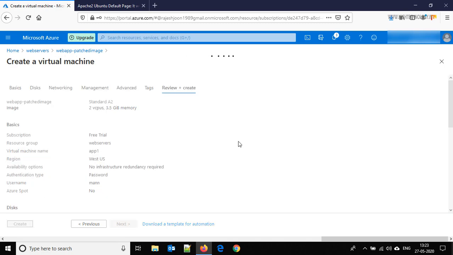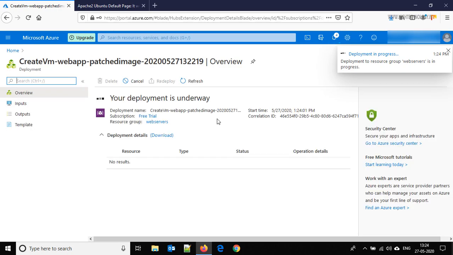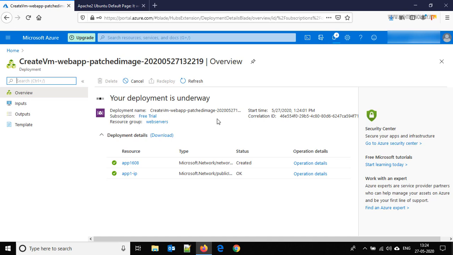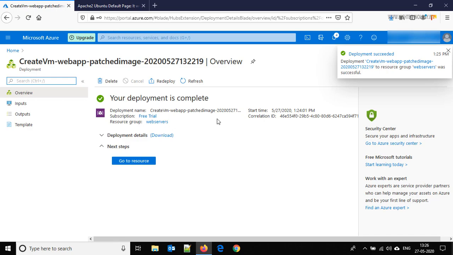Validation is fast, so just click on create. Our deployment is underway, so let's wait for that. Okay, our deployment is successful.